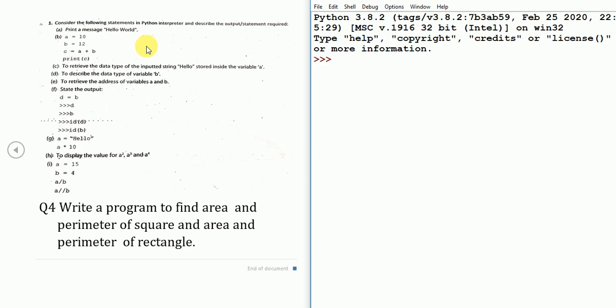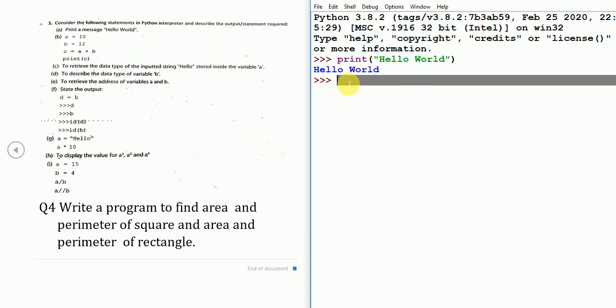You know that for printing any output on the screen we have the print statement or the print function. So we'll write here print hello world. This is the way you have to write it, and this is your output. So the output is hello world typed in blue color.